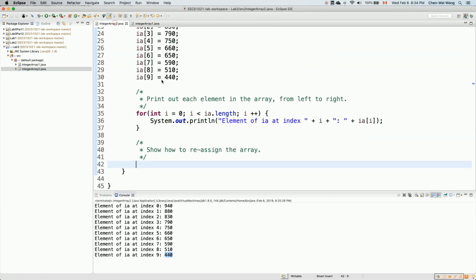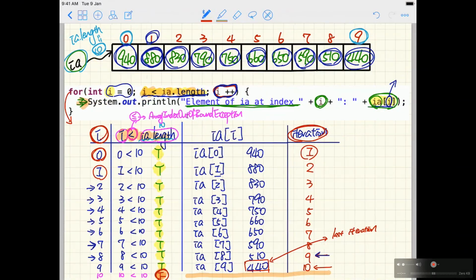However, for approach number 2, let's say I want to reassign the array. For example, conceptually, this is what I want to do. I want to say IA, rather than pointing to an array of size 10,